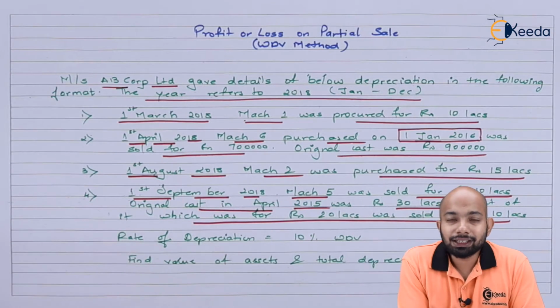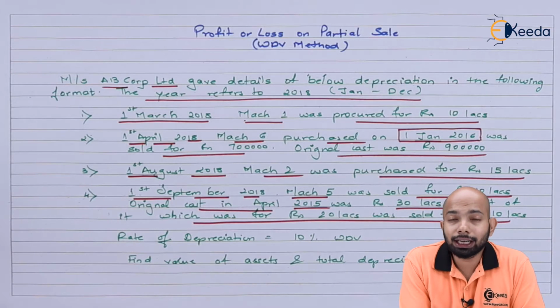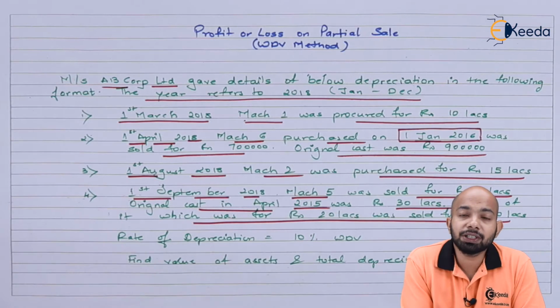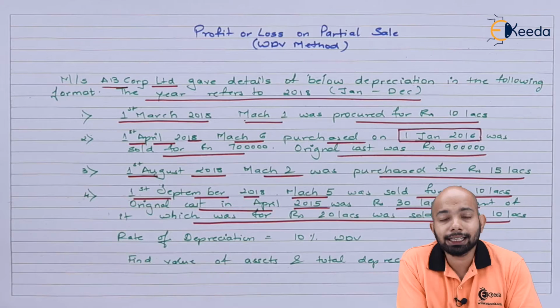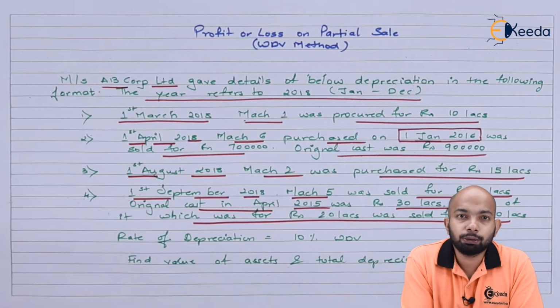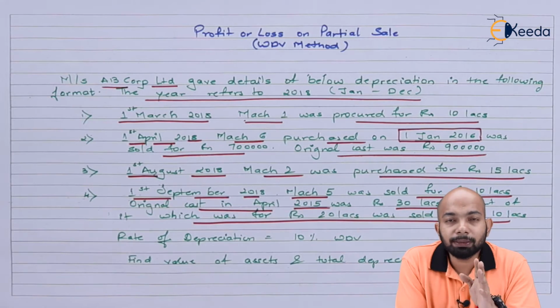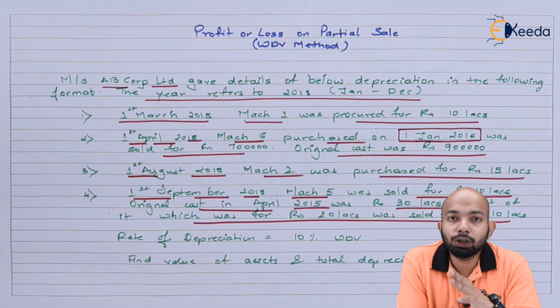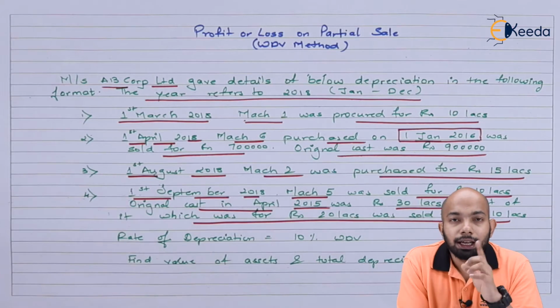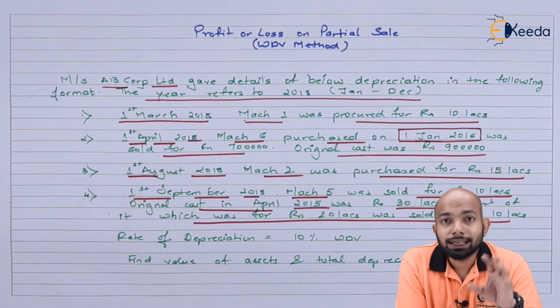So if you can see in this illustration, the last transaction whereby they mentioned that machine 5 was sold out for rupees 10 lakhs, it was a partial machine that was sold out. The total cost of that machine was around 30 lakhs, out of which the part costing 20 lakh was sold out for 10 lakh rupees. Now you have to figure out the rate of depreciation being given to you as 10%